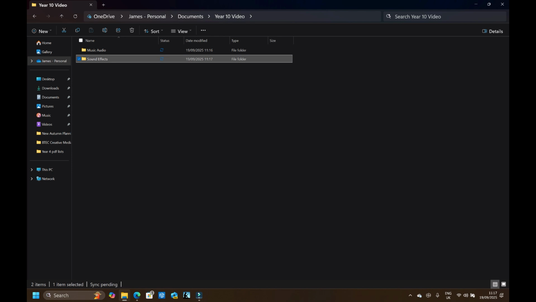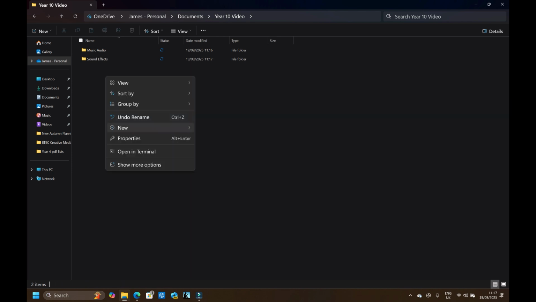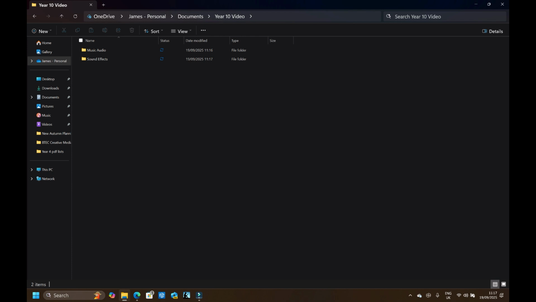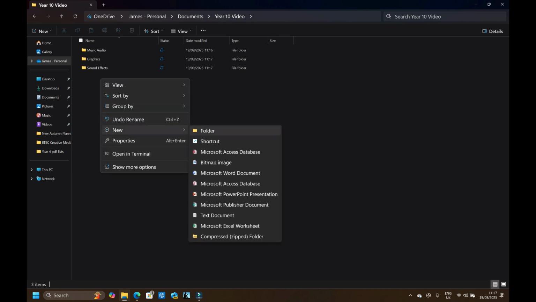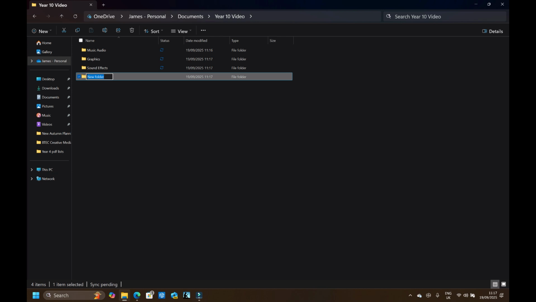Sound effects you can put in there. I'm also going to put in any sort of graphics that I might have. That way, if I create some sort of logo, perhaps in Word or PowerPoint, I can put it in there and then add it into my project if I'm doing a video project. And if I'm doing video, I can also put in two different folders for that. Video that is recorded,